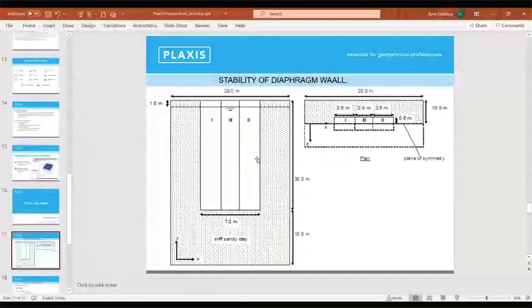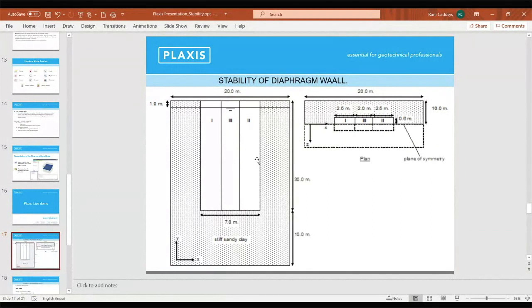So let's see, this is the problem we are going to create in 3D. Actually, this is our symmetry. We are going to do the D-wall construction in 3 segments: first, second, there is a gap, and third, finally, we are going to create the third segment in the middle. So two segments of 2.5 meters and one of 2 meters, the middle portion.